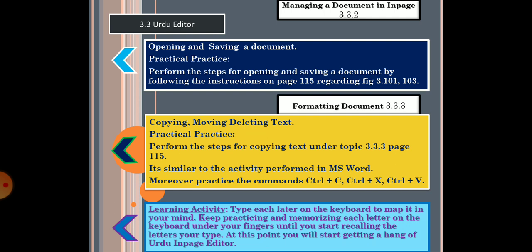For example, you have written alif. You can press Control Z once and alif will be removed, and Control Y and alif will appear.